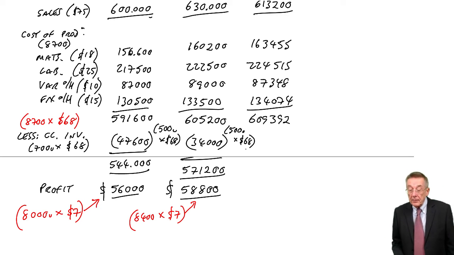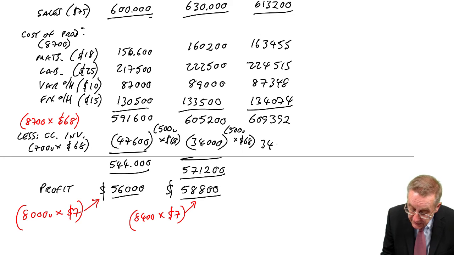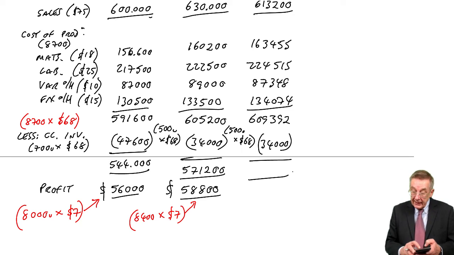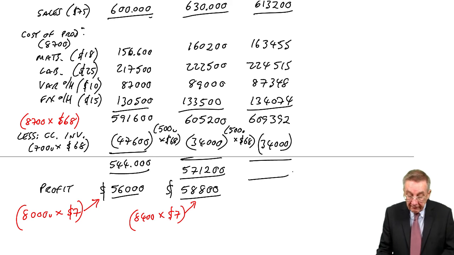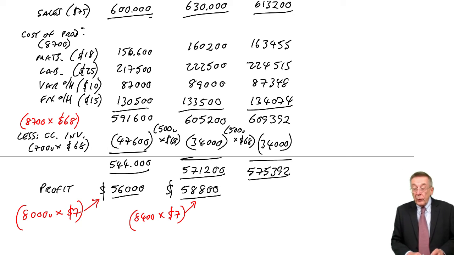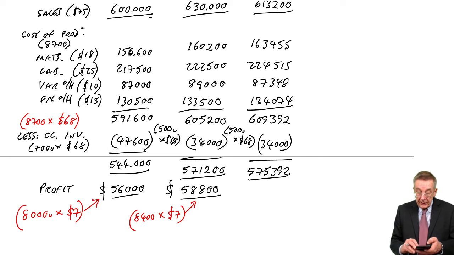I'll say a few words about that in one moment. But at a standard cost of 68, closing inventory is 34,000. Therefore, the cost of sales is 575,392. And therefore, the actual profit, revenue 613,200